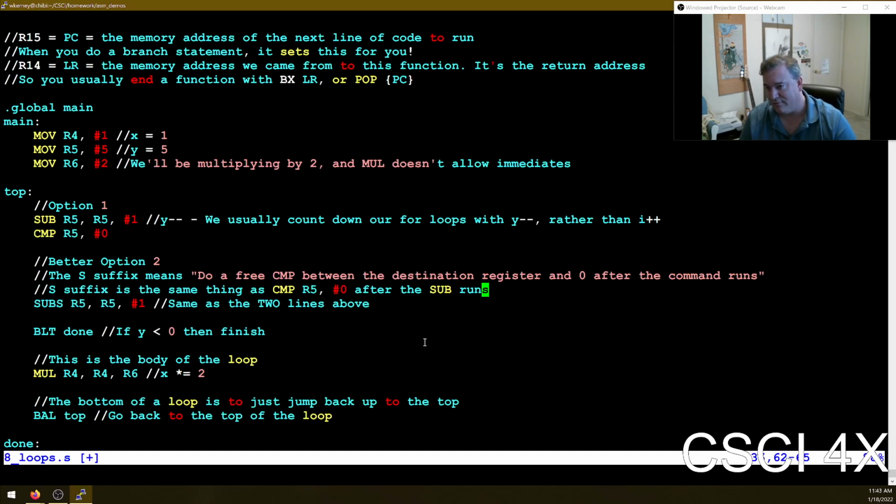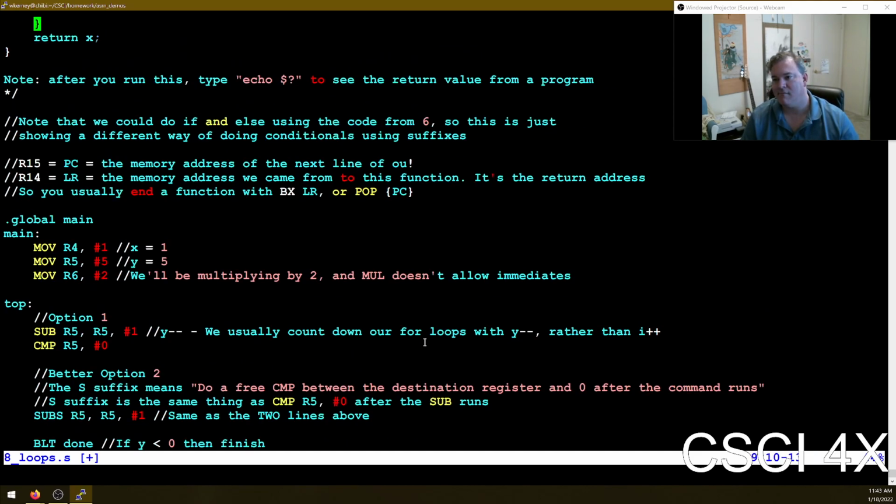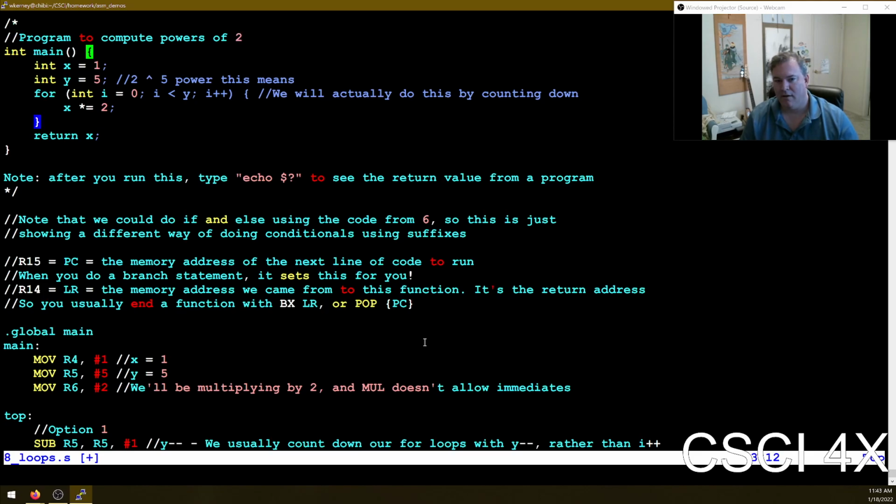So that's variables, conditionals, loops. Loops are almost identical to conditionals, except at the very bottom, you just jump back up to the top. That's it. So I'll give you guys another 10 minutes to work on your code. This time I want you to write a for loop that 10 times